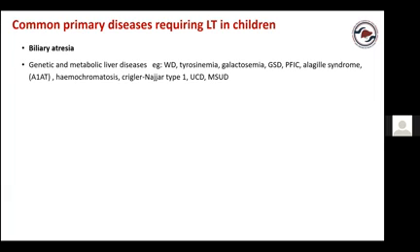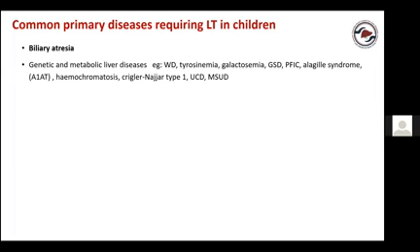Genetic and metabolic liver diseases. This has become actually a very interesting indication for liver transplant in children. If I am to categorize metabolic liver diseases in children, I see it in two main components. One is metabolic disease that would cause parenchymal liver damage and finally liver synthetic dysfunction. For example, Wilson disease, tyrosinemia, galactosemia, all these disorders can cause significant impairment of liver functions and liver synthetic functions